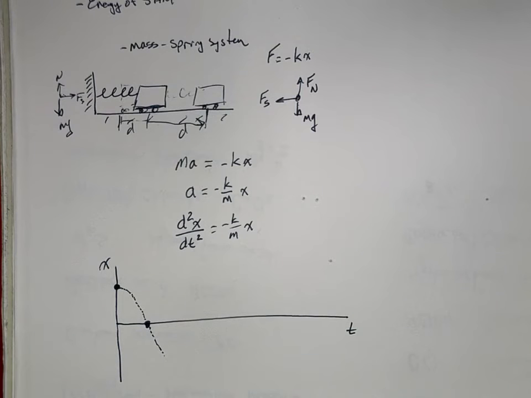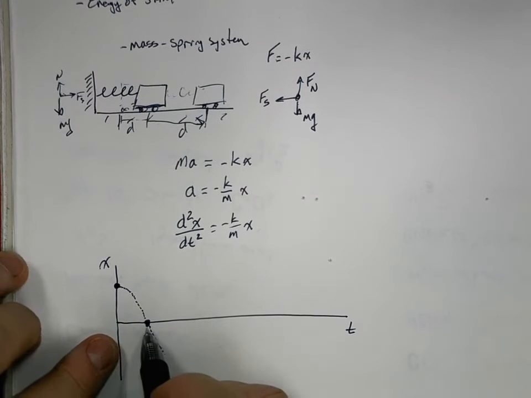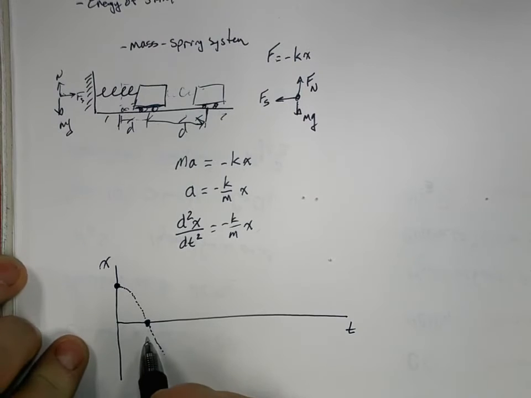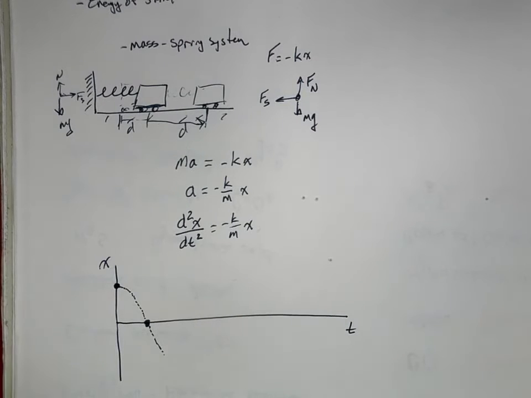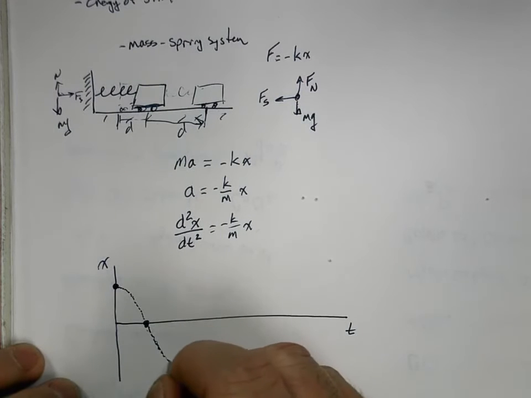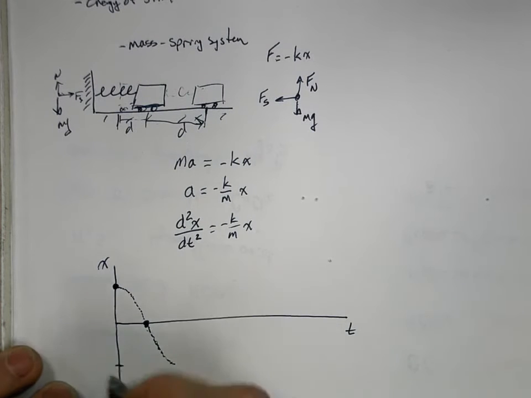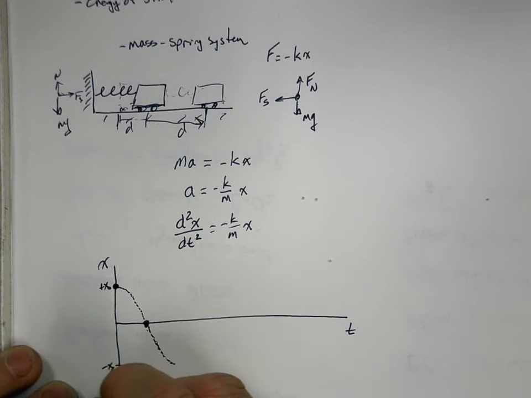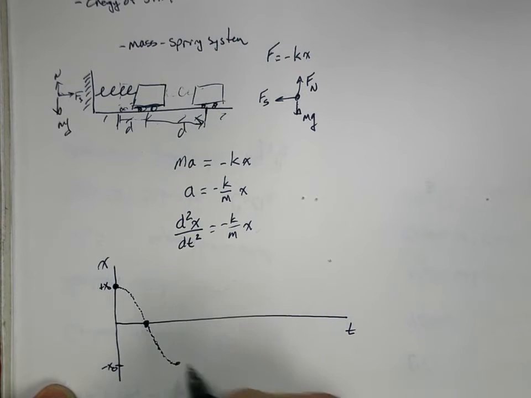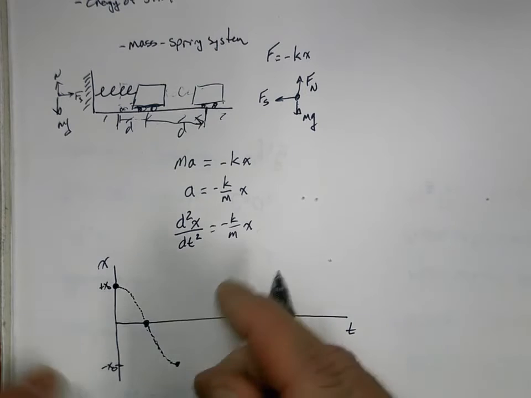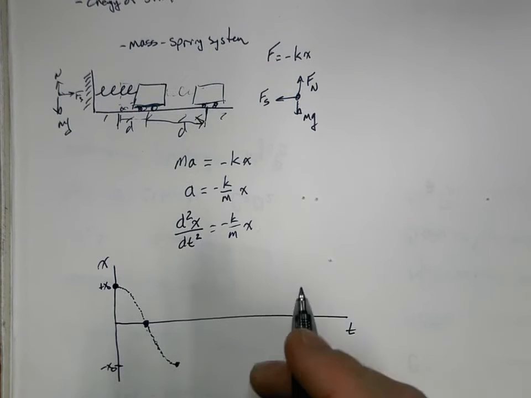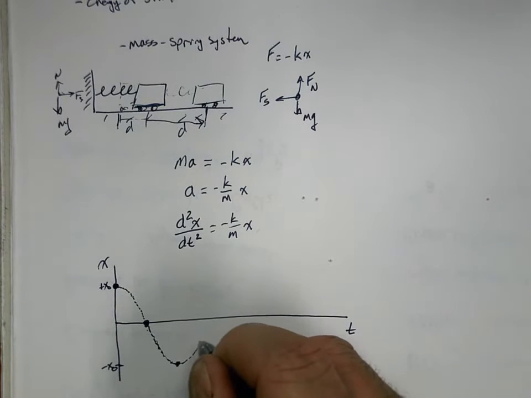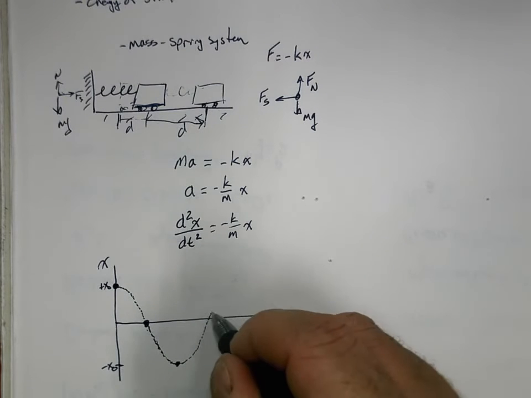it's moving. It's not going to stop there. It's actually going to compress into the spring again, and so it'll continue down. So if this right here is positive x naught, then it will continue down until we get to a negative x naught, and it will go all the way into the spring the same distance that we had extended it. And the same process will continue